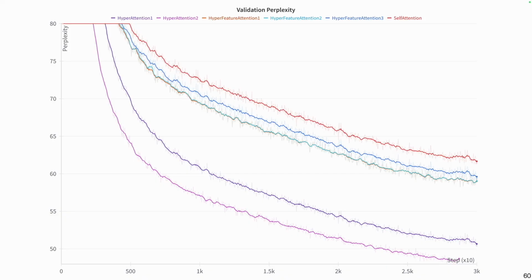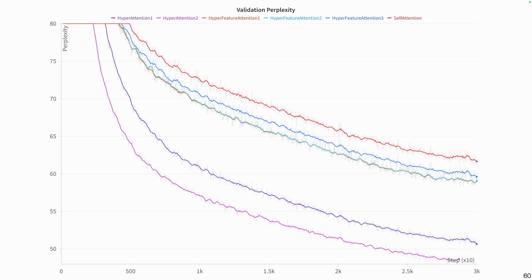You see there are some hyperattention and hyperfeature attention variants. As I stated earlier, there are some bells and whistles about these models and architectures. I didn't cover them, and you can think of these different curves as some variations over these different bells and whistles. Here, the important thing is the red curve, that is the curve corresponding to self-attention. And what we see is our models have smaller perplexity, so they are better than self-attention in the next token prediction task.